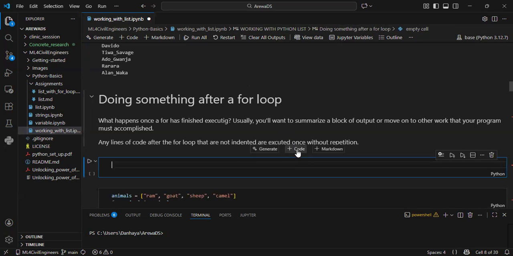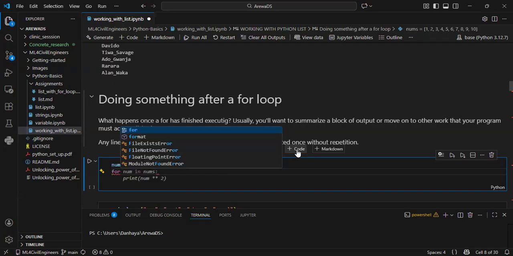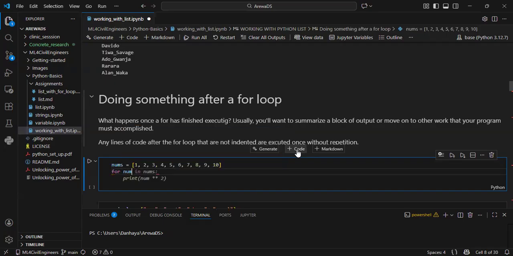Initially, I think I have done that one, but let's say I have numbers like this. I have numbers, one, and so on. Okay, sorry. I can say maybe I want to print these numbers. So I can say for number in numbers. Then I use this code. What I'm trying to do here is print the square of the